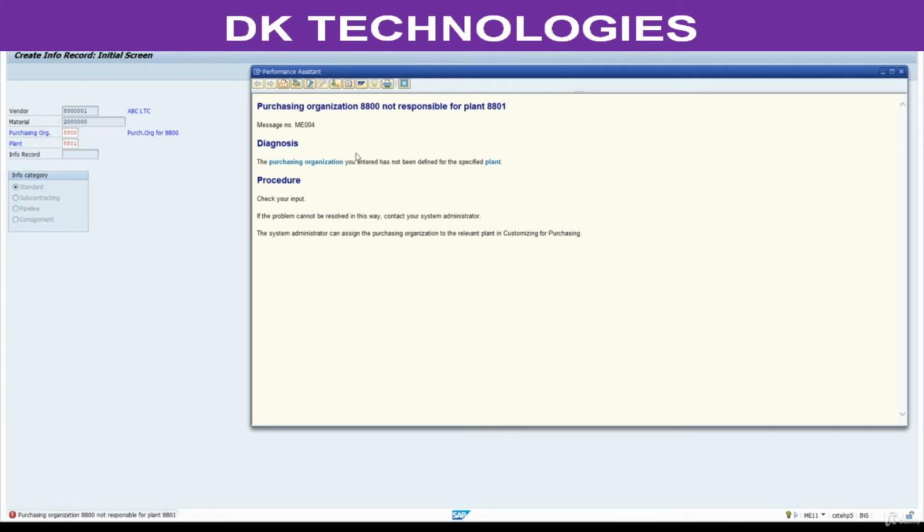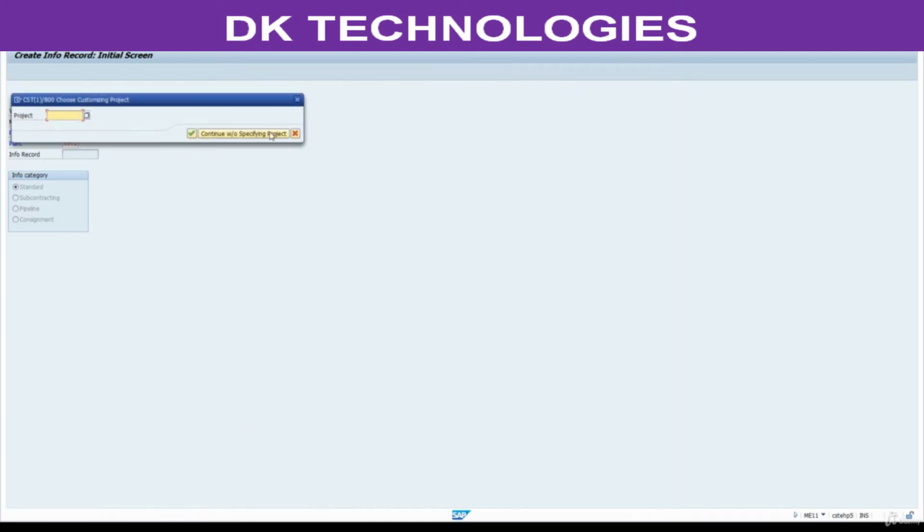So now, how do we go to the configuration from this screen? Many consultants and many students don't know. This is the place you can go directly to customizing. Click on this one. Continue without specifying project. Continue.